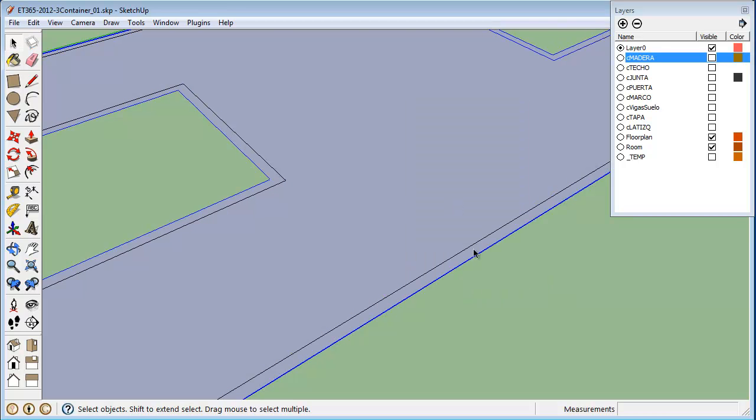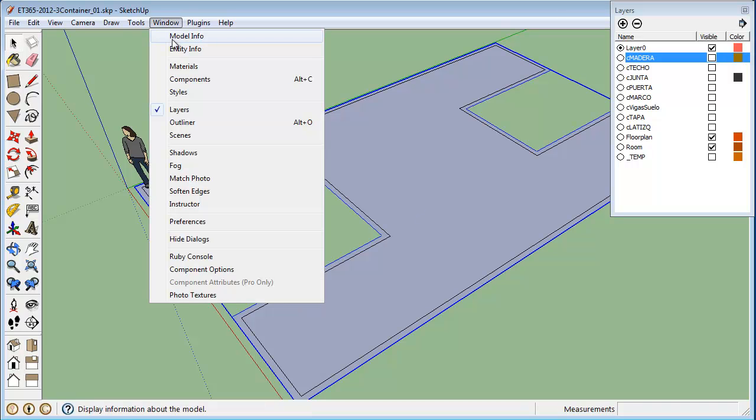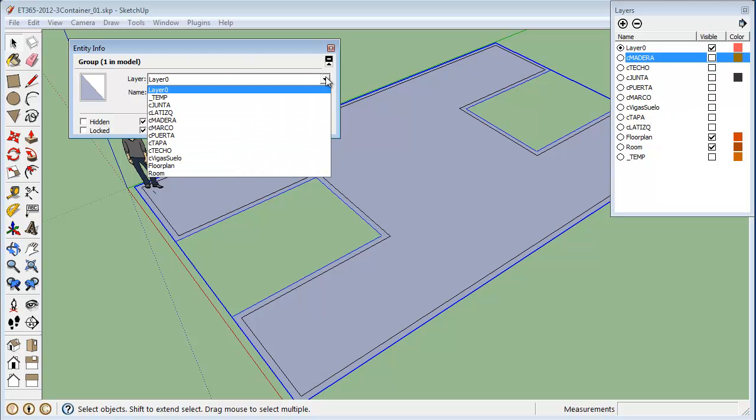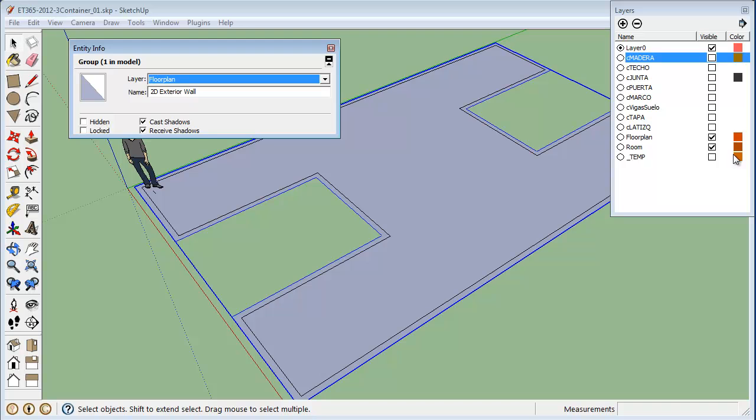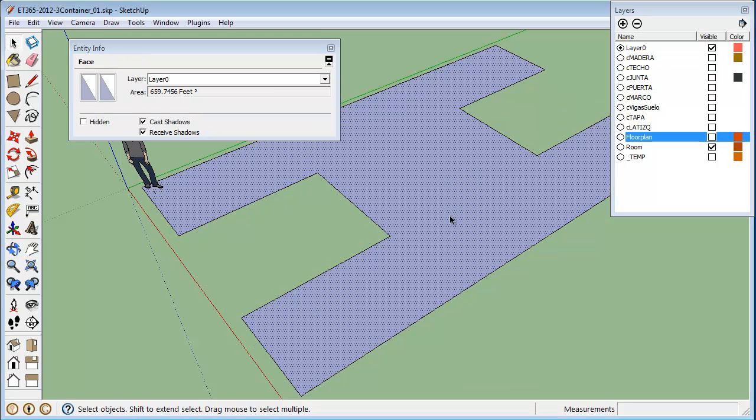right there. And this group I will call the 2D exterior wall, and I'm going to place it in the floor plan layer. Let's hide it. Okay, now this here, this is going to be the actual usable floor area, and for my purposes